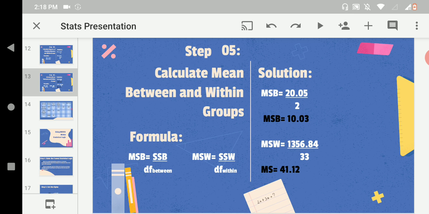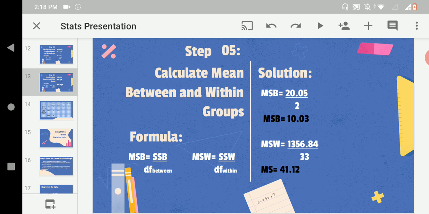When we have over, it means the operation is division. A while ago, our SSB is 20.05 and our degrees of freedom between is 2. So MSB is equal to 20.05 divided by 2,